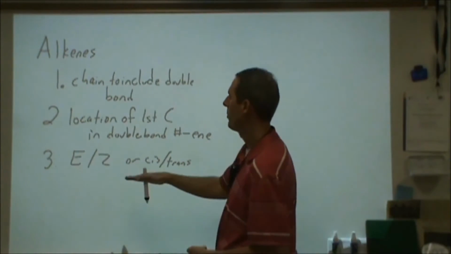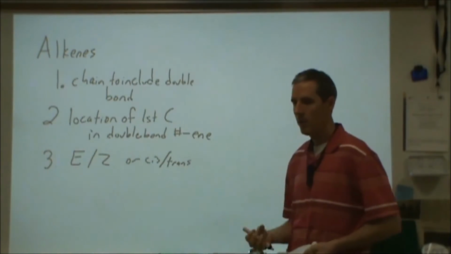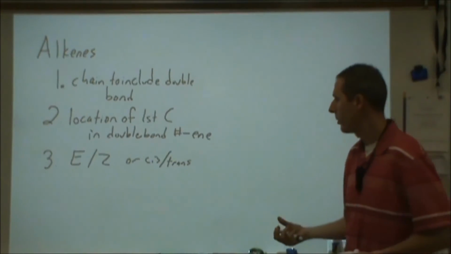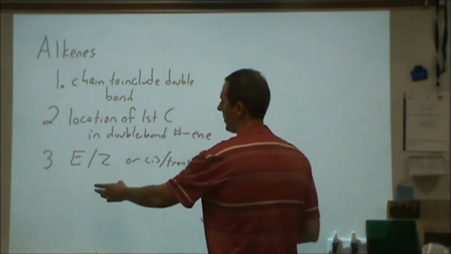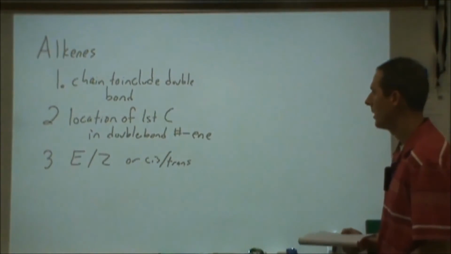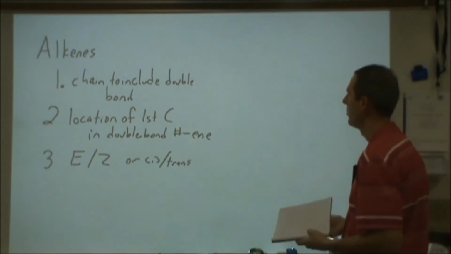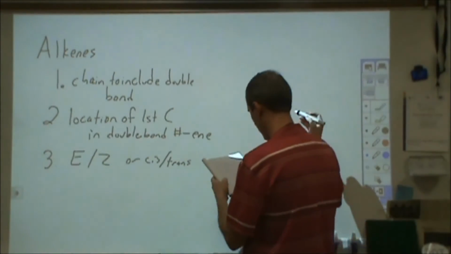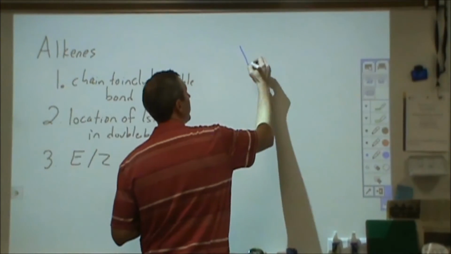And the last thing that comes up with alkenes is that there is a stereoisomer presence here, diastereomers, where you can have two different forms of that, either the E or the Z kind, or the cis or the trans label might go on these. So let me show you a couple that we can go through those rules. So a simple example,